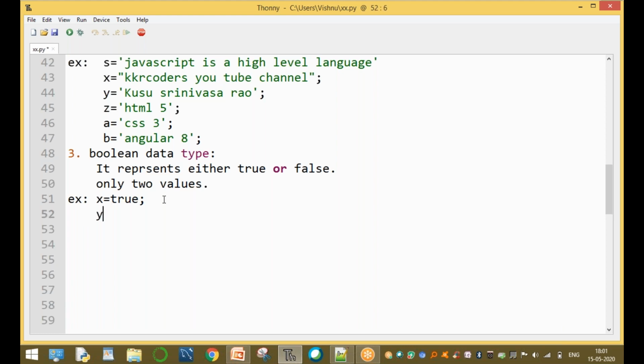For example, y equal to false. Here y is a Boolean type variable that represents either a true or false value. Only two values. And the fourth one is undefined